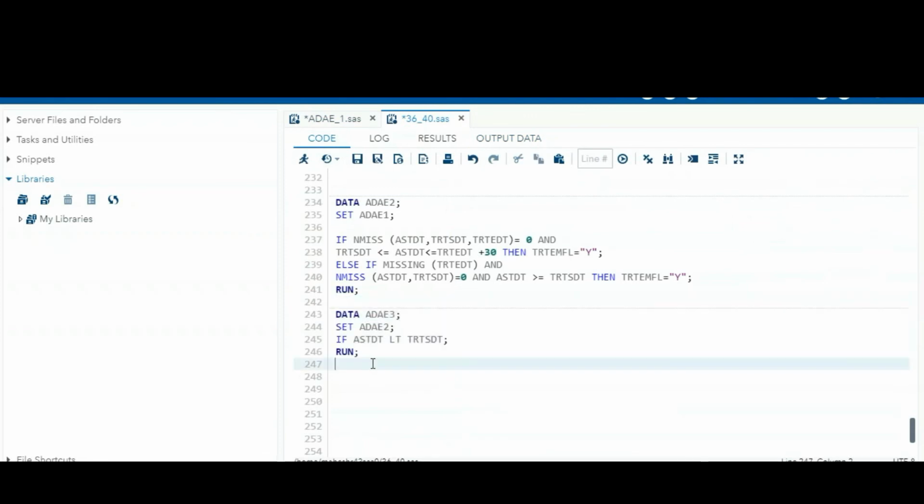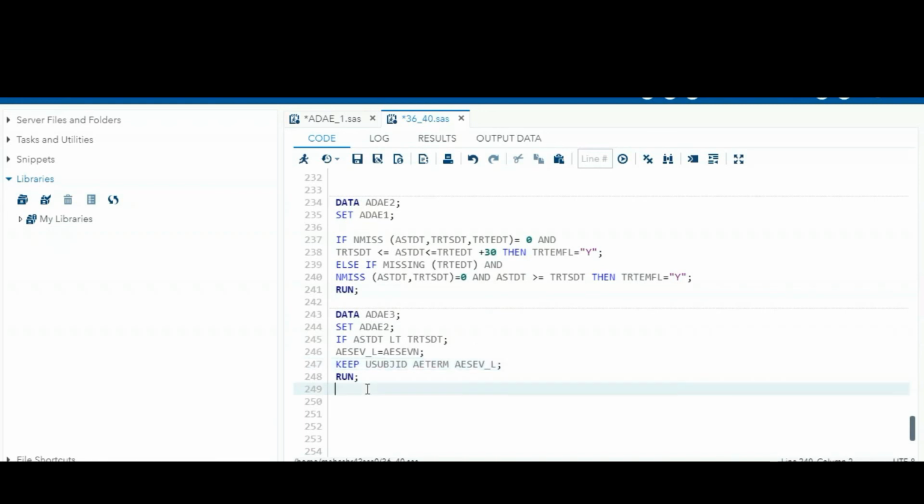So now what we do is create one new variable, AESEV_L. Okay, so I'm creating it and I'm assuming AESEVN, keeping the variables which are required. So subject is required, AE term is required, and this new variable AESEV_L.